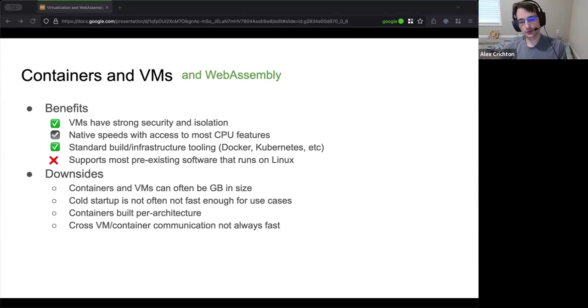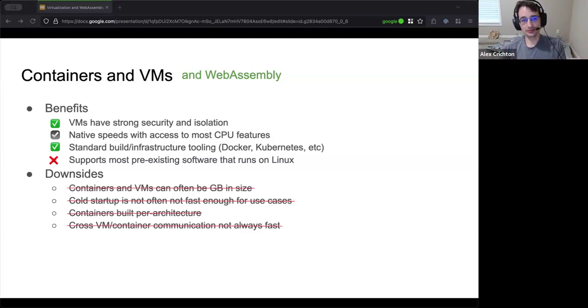And for standard infrastructure and tooling, you can expect a lot of languages nowadays to have support for WebAssembly. So this is C, C++, Rust. You can even find Python and JavaScript, a lot of standard languages. I'll tell you more about that later, but their standard build tooling will all mesh into WebAssembly well. The major downside, however, is that WebAssembly does not support most existing software for Linux, with a bit of an asterisk: if you're using fancy kernel APIs, it probably doesn't work quite just yet. So it's a bit of a portability hazard there.